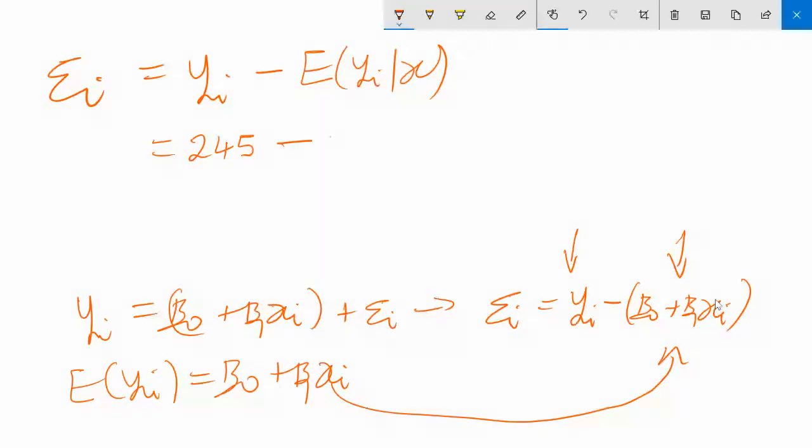So if we know the value of x, because we have the parameters like this and the value of x, then it means we can get the expected value of y. And that's what we did. We calculated the expected value of y for x equal to 10. And that was 249. So this tells us that the error